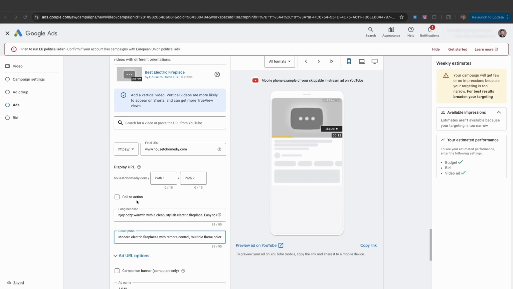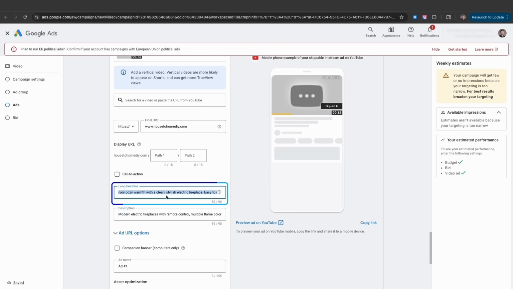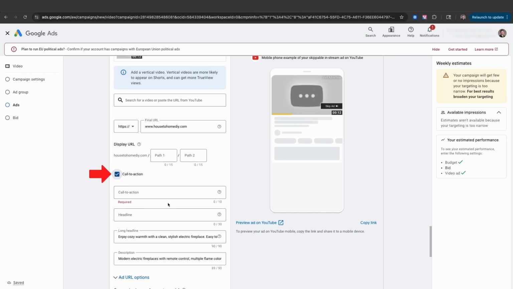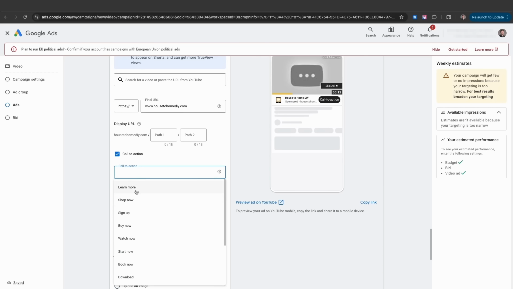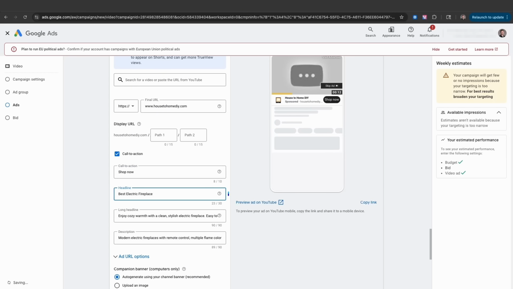And then next, what you need to do is come down here and add a long headline. So this one just says, enjoy cozy warmth with clean style fireplace. So just go through and write headlines that are under 90 characters. I do like to add a call to action here. This can be learn more, shop now, whatever you want it to be,